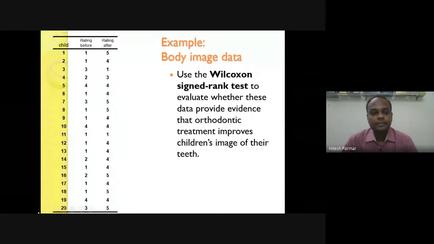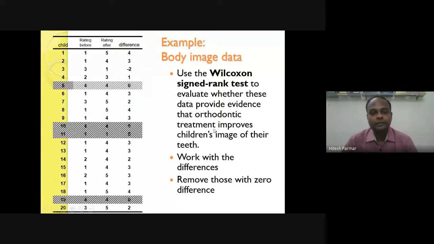Same data set, 20 children, before rating and after rating. Now we are measuring the difference. Again, we have 15 positive differences, 1 negative difference, and the others are 0. In the Wilcoxon signed rank test, it removes those with 0 differences. Right? This data is removed.